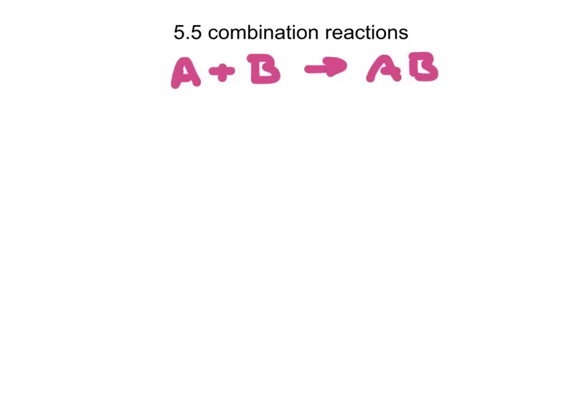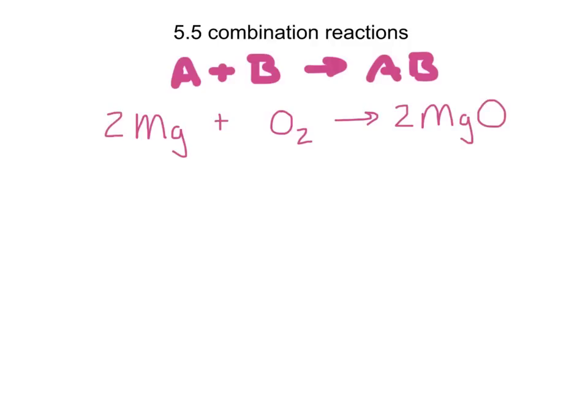For instance, if I take magnesium and I add to it oxygen and I light it on fire, then I'm going to get magnesium oxide. Now we still have to go through and balance, but this is a combination reaction,